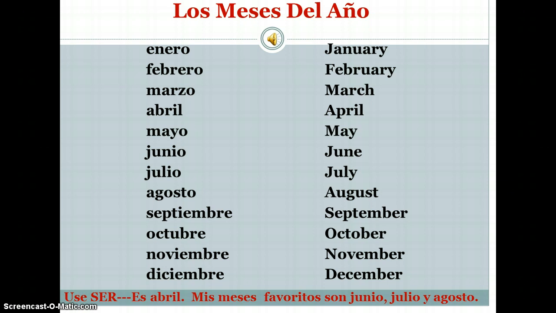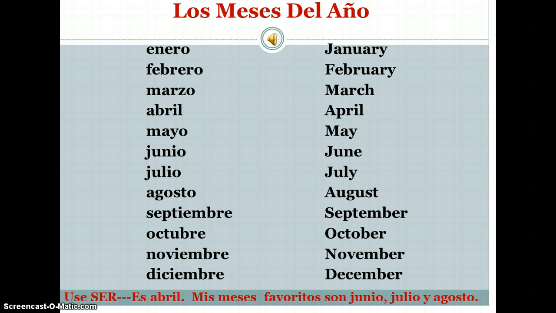Now, although there are many cognates, September, October, November, December all have some similarities. Instead of ER in English, in Spanish, it's RE. Notice in September, November, and December, they add an I in there, so they have an extra I. In October, the second O is a U. And in December, instead of DEC being the prefix, it is DIC.